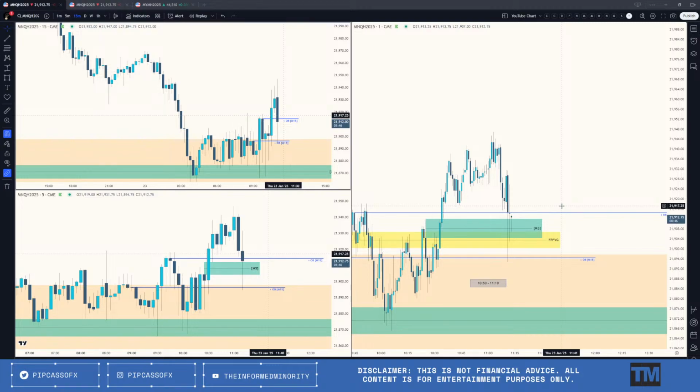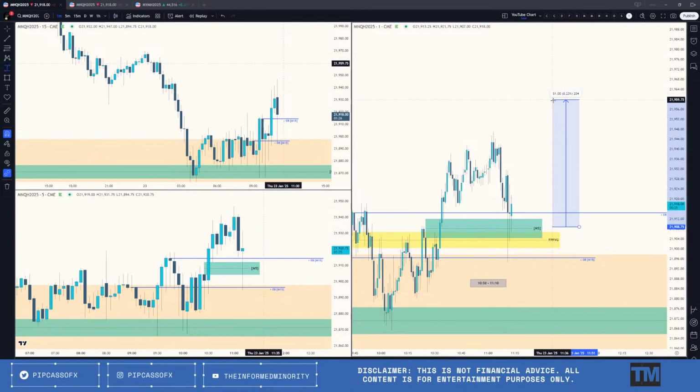Yeah, so waiting until, not 10 o'clock, wait until after he would have spoken. This would have been where my entry would have been, but that's just wild, bro. That's a crazy wick. So it would have been inside of this fair value gap, and then would have been looking for 50 if it could even get there. So that would be the target if I would not have taken a loss this morning, or if I would have waited. That would be the trade setup.